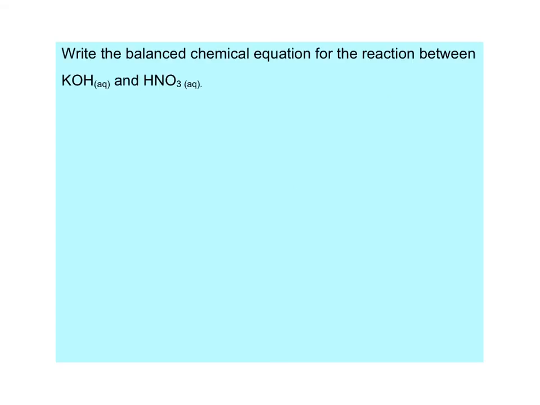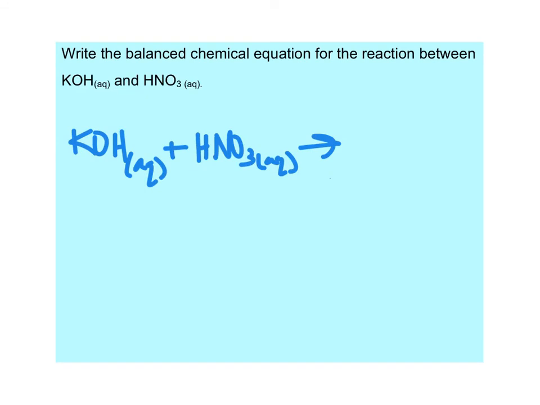So now let's do one more. We're going to write the balanced chemical equation for the reaction between potassium hydroxide and nitric acid. Potassium hydroxide is a strong base, soluble hydroxide from groups 1A or 2A, and nitric acid is on the strong acid list. And so we're going to do neutralization, double replacement. Swap out the cations or swap out the anions. You're going to get